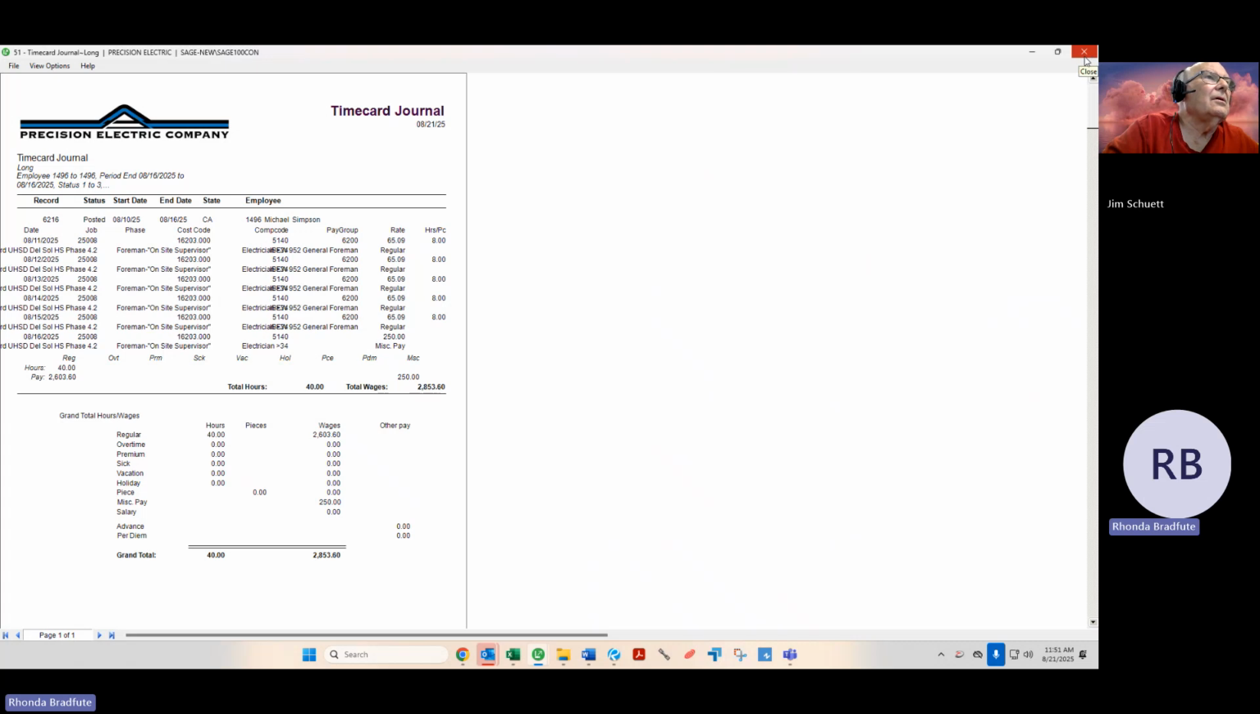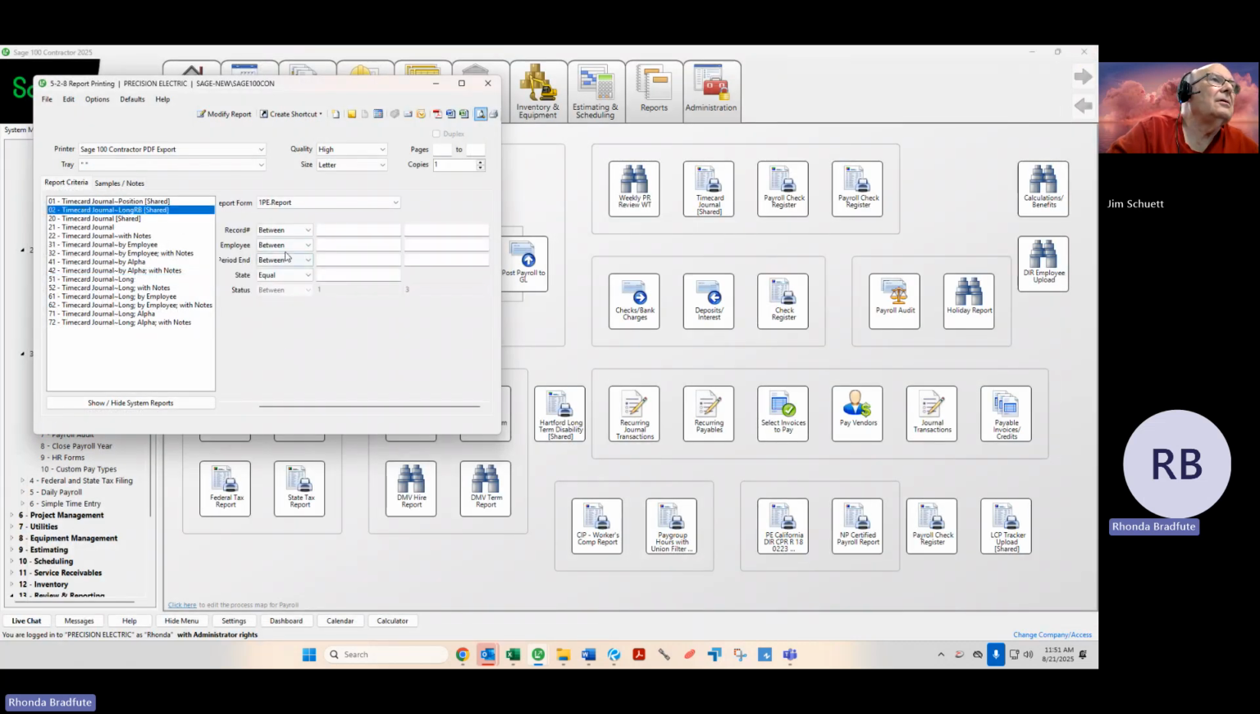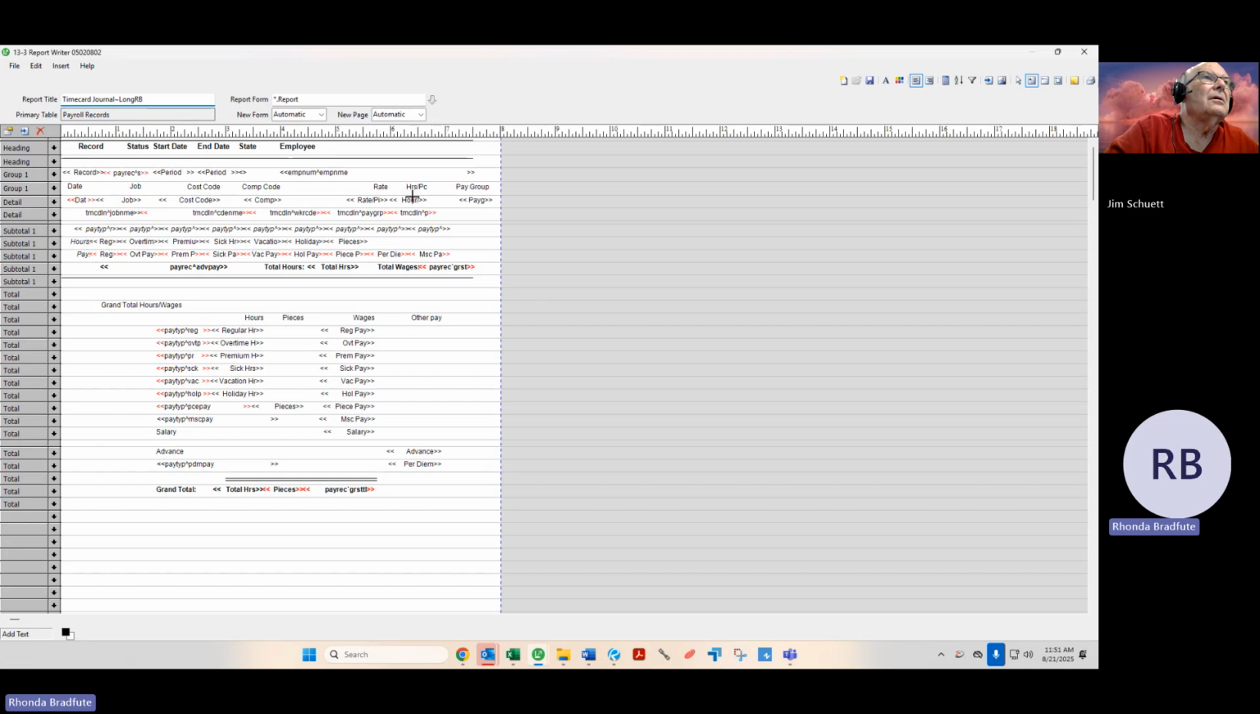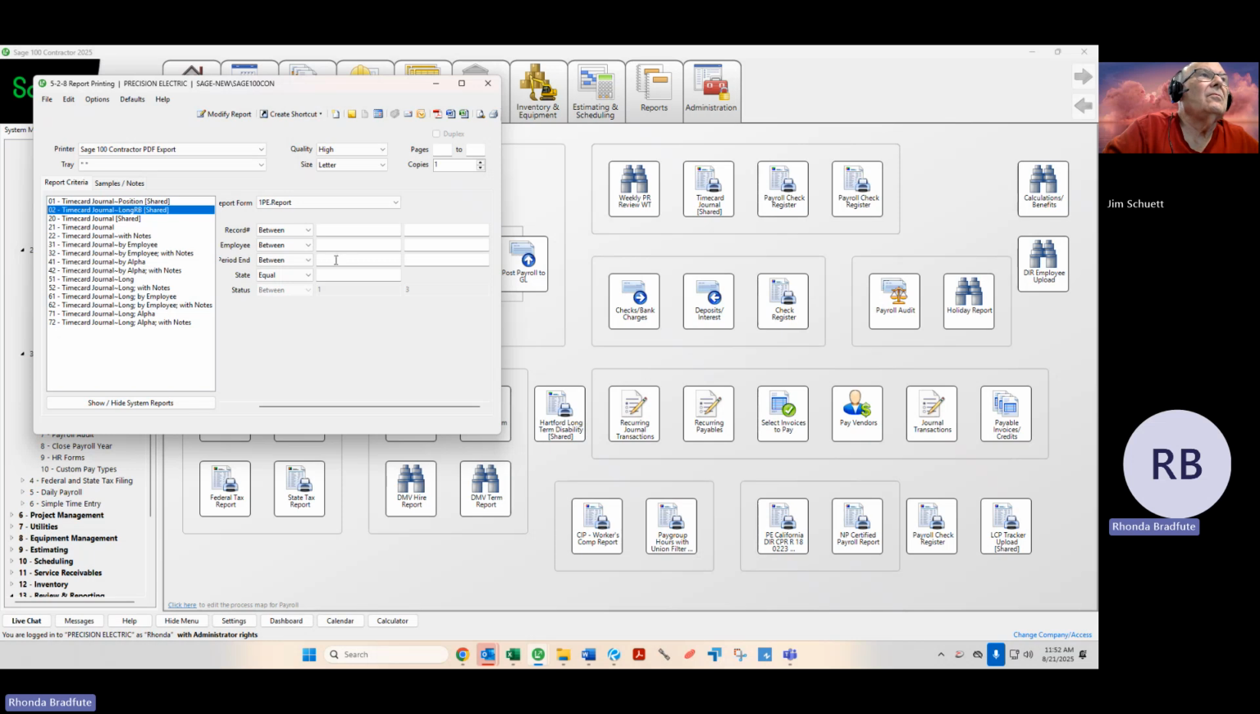I'm not sure why, but when I went to recreate it, I moved pay group. Actually, I got rid of phase too because we don't use phase. So that was fine. I was able to delete that. And then I moved everything over, and then I moved pay group all the way over here. But for some reason, when I run it, it's still